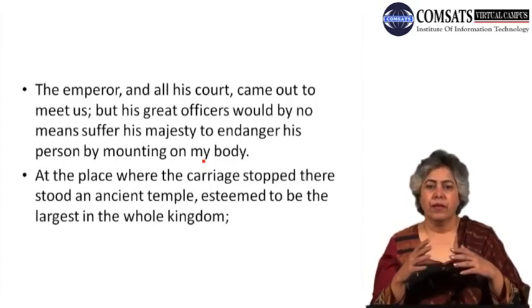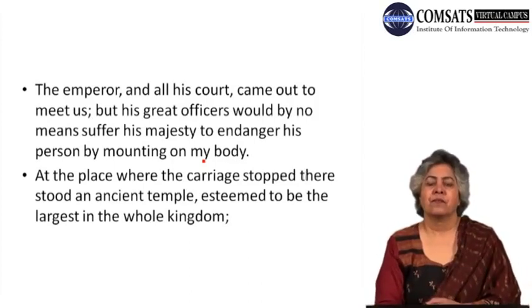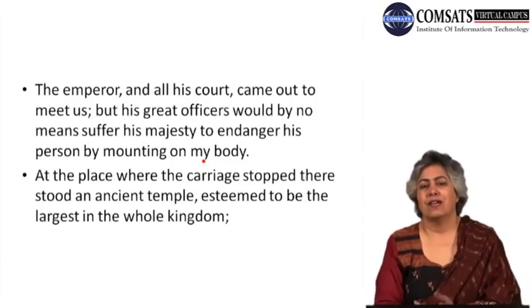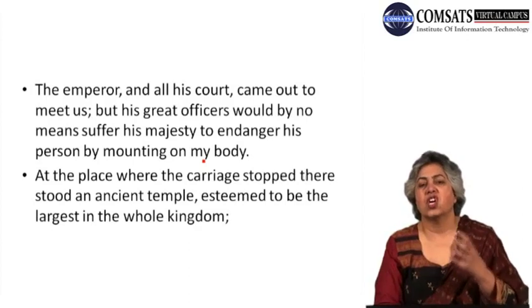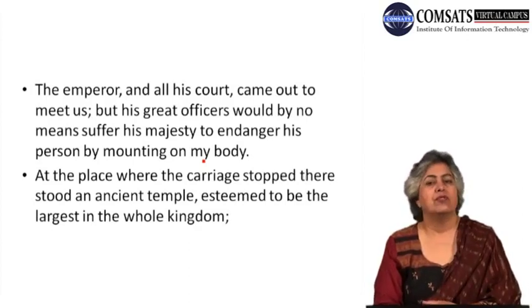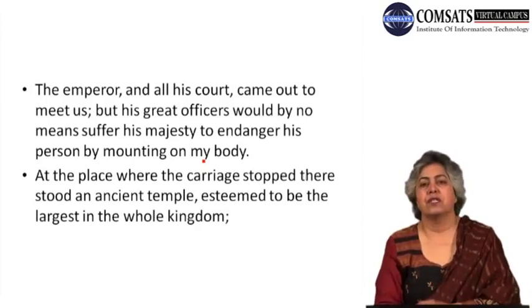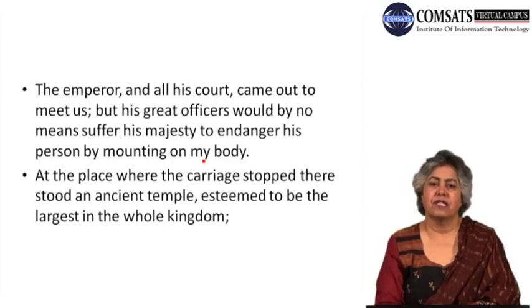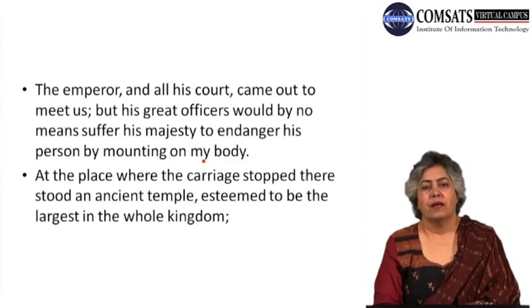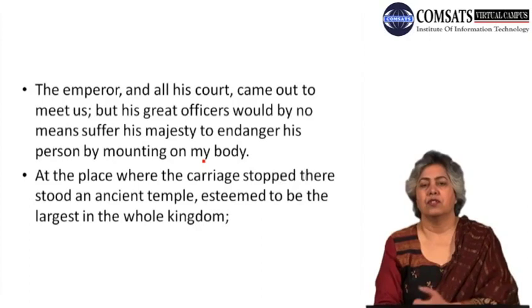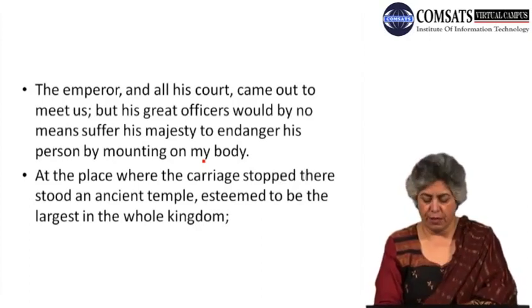noblemen especially, who surround the king are his advisors. They are advisors who are supposed to give good, solid advice, but they don't always do that. And that is what he's referring to here when he says that the emperor came to meet me, but his advisors would not allow him to climb up onto my leg and to come and talk to me